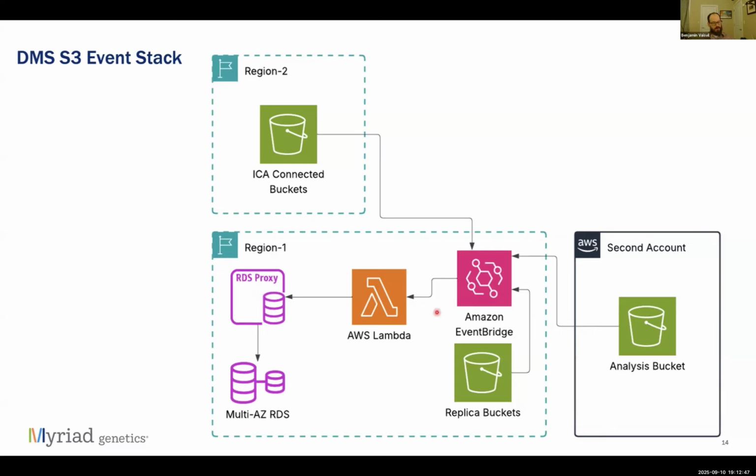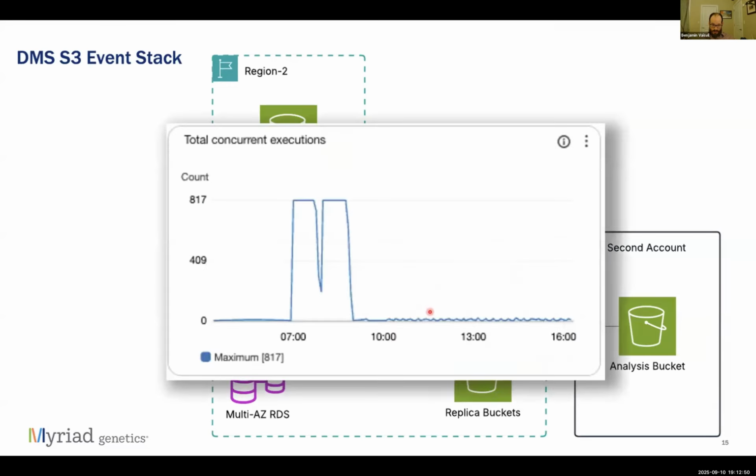However, now a new problem emerged. As we got fed, say, 1,000 events in a second, this quickly consumed all the Lambda concurrency in our total account. This only goes up to 817 because we have a reserved 200 for certain tasks that are not part of this count. But as we hit this total level, this 817, that means other Lambdas, other state machines, can't execute. They get a too many Lambda requests error, I think is the error. So now what can we do about this?